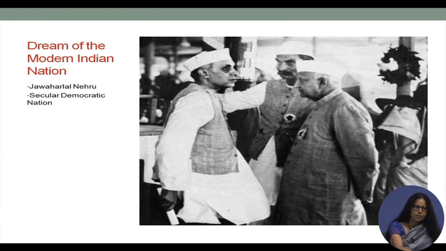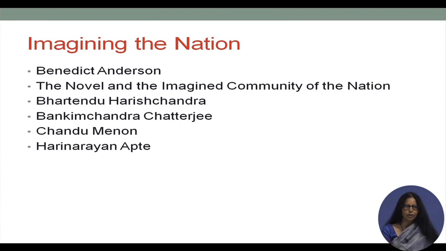What is important for us is how the novel becomes complicit in this imagining of the nation and the imagined community of the nation, and the role that ideologues such as Bharatendu Harishchandra and novelists like Bankim Chandra Chatterjee, along with novelists writing in other languages, in the other Indian bhashas, became implicated in the imagining of this narrative of